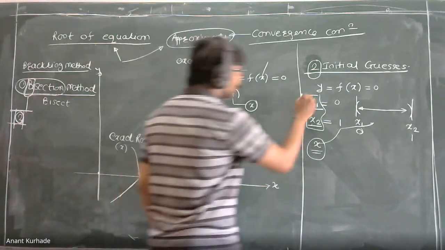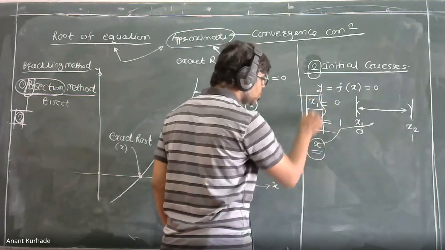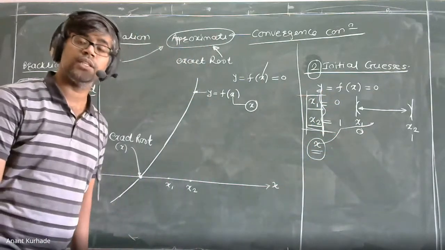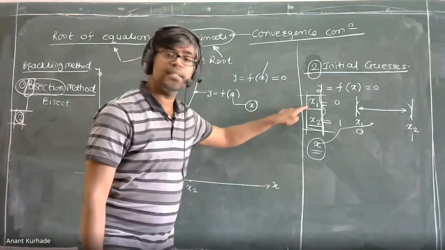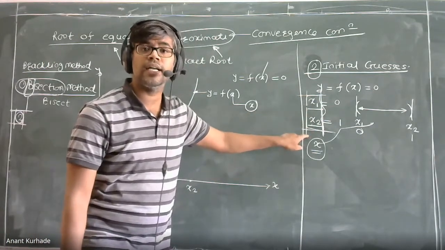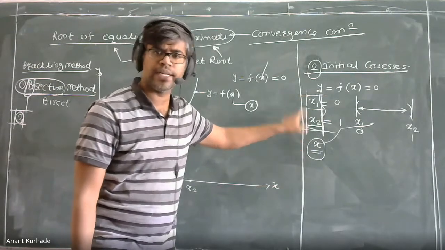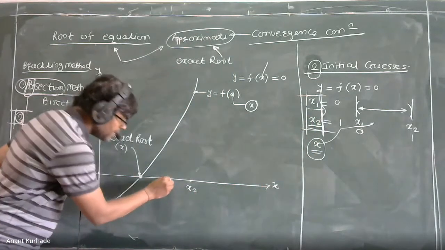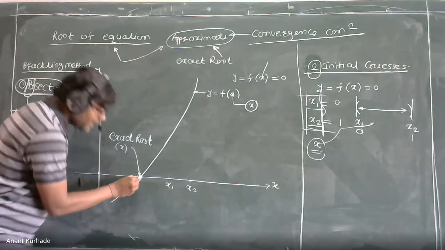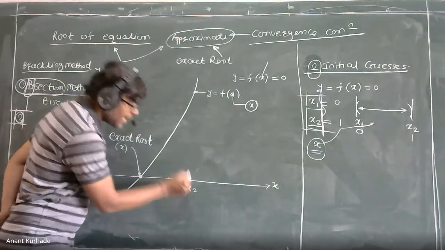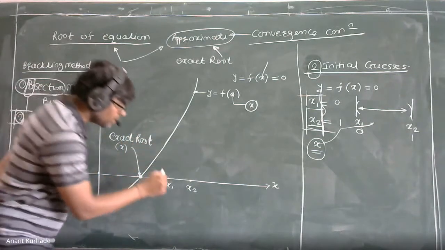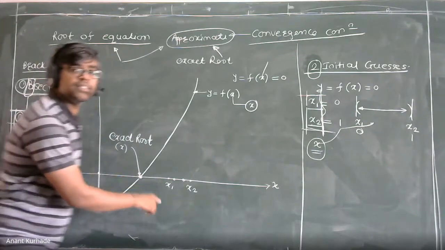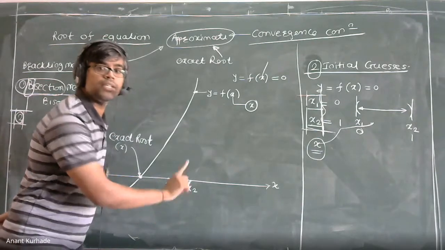So whatever values we assume for x1, x2, we then have to check the convergence condition, whether the assumed initial guesses 0 and 1 are correct or wrong. We don't know. So let's have x1, x2 here, and now where is the exact root? This is the exact root, and we have assumed 2 values x1, x2, and as per the name, we can say the root lies between x1 and x2. But where is the root? The root is here, so it is diverging.